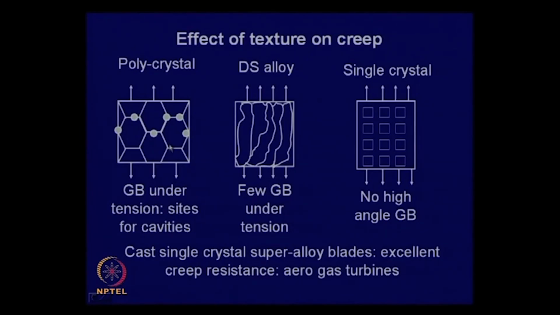and because of that the effective strength decreases and they have poor creep property. Now, if you try to avoid these types of grain boundaries, say if you directionally solidify, then the grain boundaries are aligned. In that case, you have a minimum amount of grain boundary perpendicular to the direction of stress. In the directionally solidified alloy, you have fewer sites where cavities can nucleate under tension. Therefore, they are likely to give better creep resistance, and in the extreme case you have a single crystal